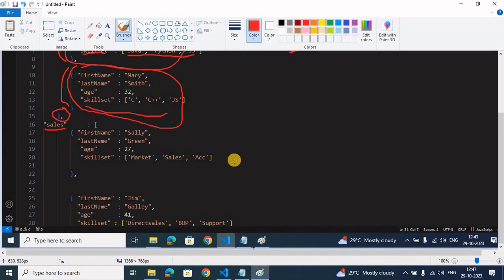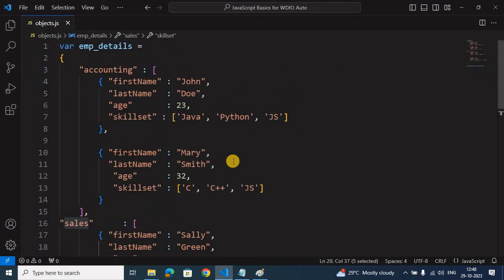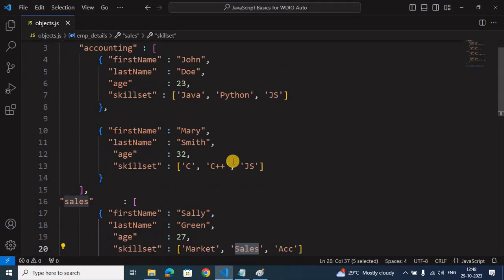Okay, so this is how we need to traverse through the complex JSON, not JSON, the complex JavaScript object. And if you know this, this is nothing but the replica of JSON. All the JSON data is almost like this only. So if you know how to traverse and how to reach a particular element, then test automation is very easy, trust me, right? Now let me just